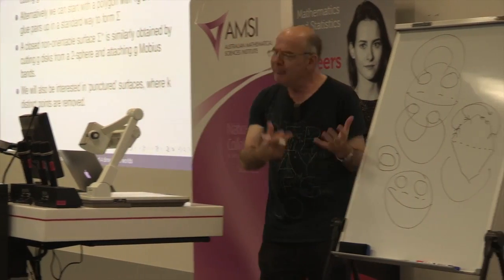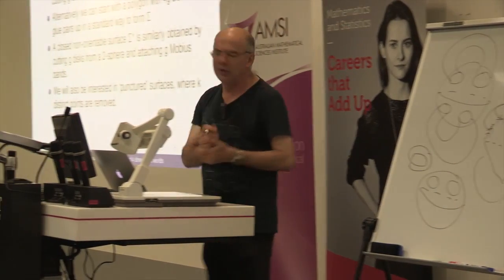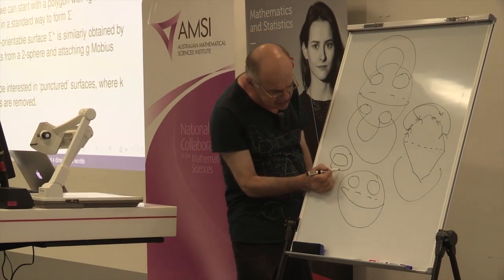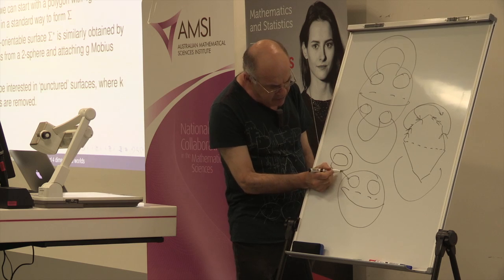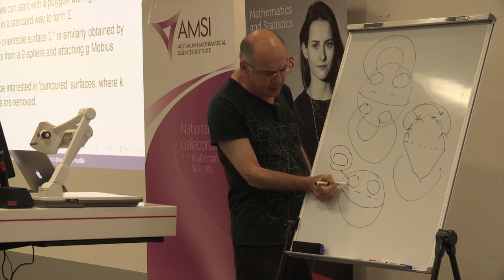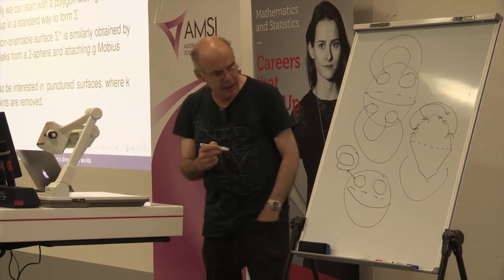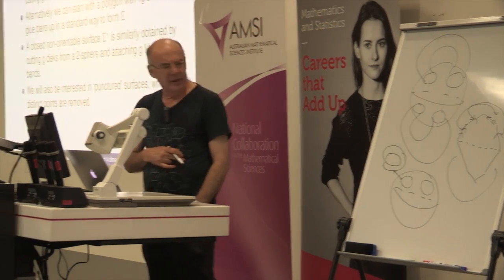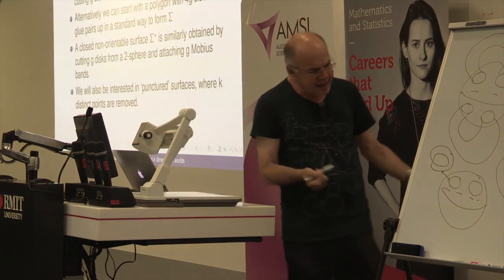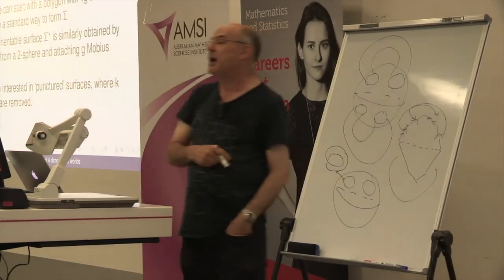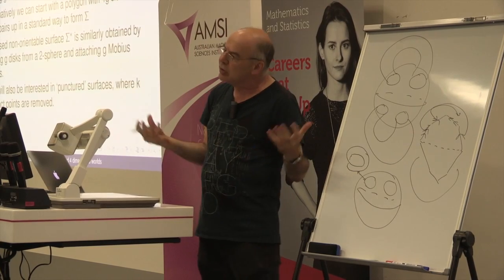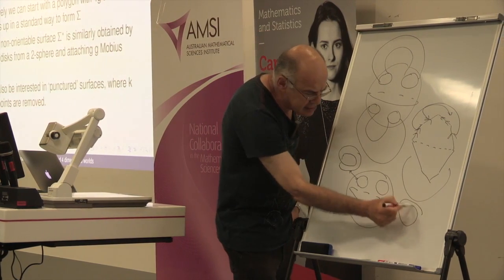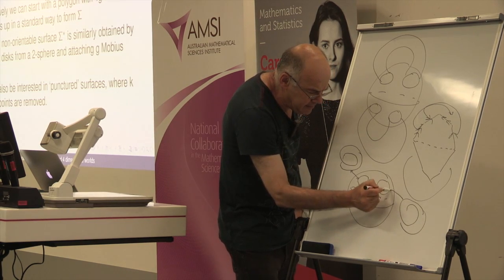Now you have to use your imagination a little bit here, because we really need an extra dimension to see how to do this. But what we're going to do is take the boundary circle here and glue the Möbius band onto the boundary circle. So abstractly that works fine. The boundary of the Möbius band is a circle. This is a circle, so I can glue them together, and then I'll glue another Möbius band into the other hole, like that.